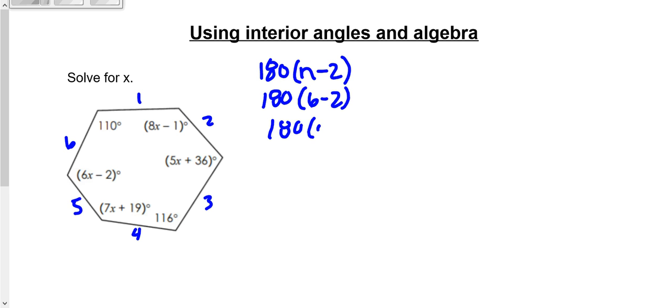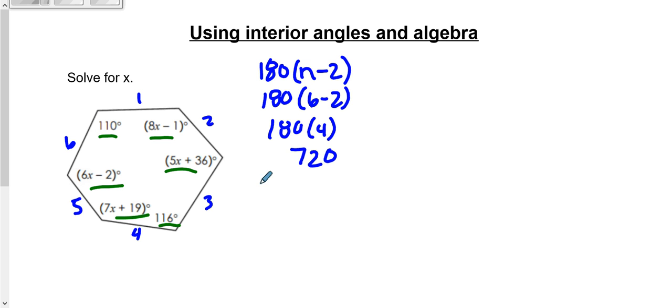180 times 4 is 720. So we know this whole equation should add to 720. Next, we're going to go ahead and set this up. That means you have essentially 6 angles here that you have to add together, and it has to equal